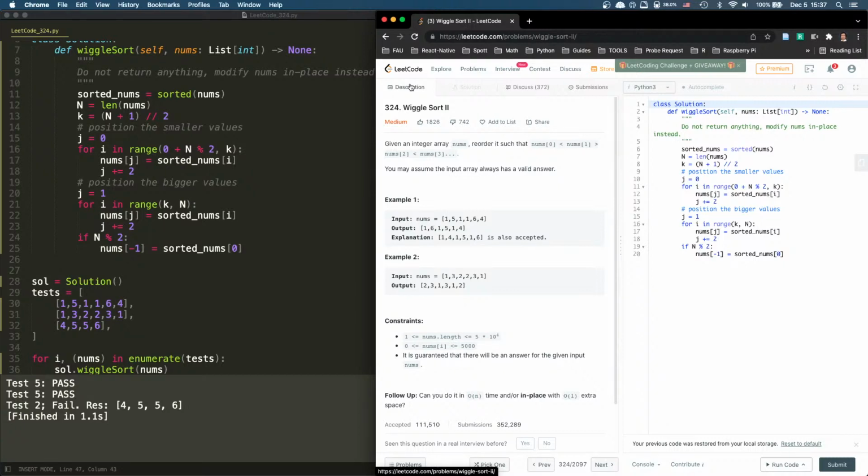Every pair into a different value. How can we do that? Make sure every pair is a different value. Well, every pair